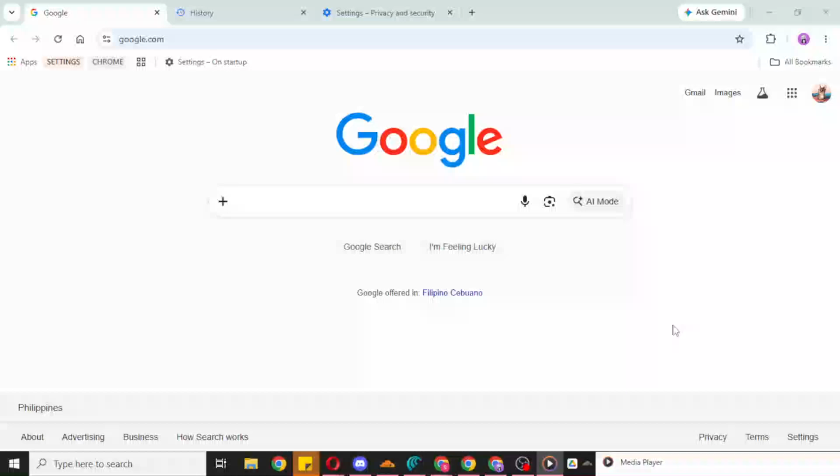In today's video, I'm going to teach you how to save open tabs when you close Chrome and continue where you left off. If you've ever been in the middle of browsing, doing research, shopping, or working on multiple pages at once, and then had to close Chrome, this setting can save you a lot of time. Instead of reopening every website manually, Chrome can automatically bring back the tabs you had open the next time you launch the browser. It's a simple feature, but it makes your browsing experience much more convenient.